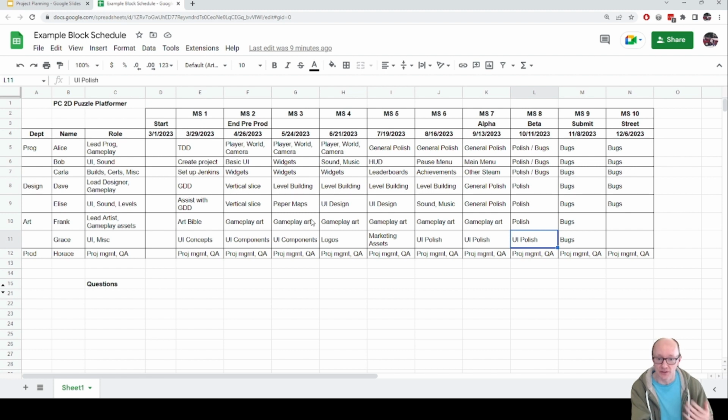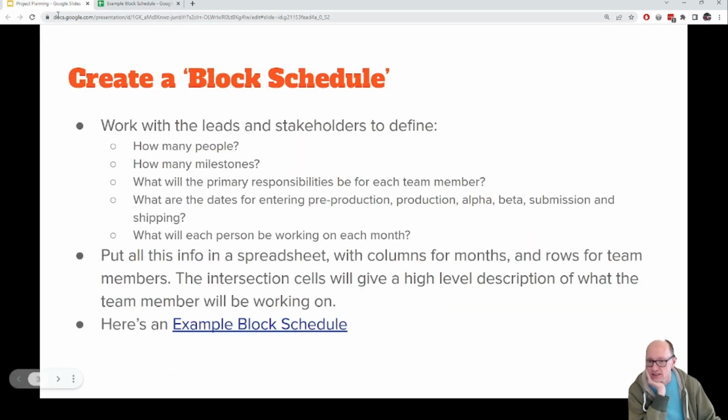And then later on, you can do things like leaderboards, achievements, marketing assets, which are necessary but not risky. So looking at a block schedule, it's a good way of saying when are we going to do different things. All right, I'll go back to the slide deck.